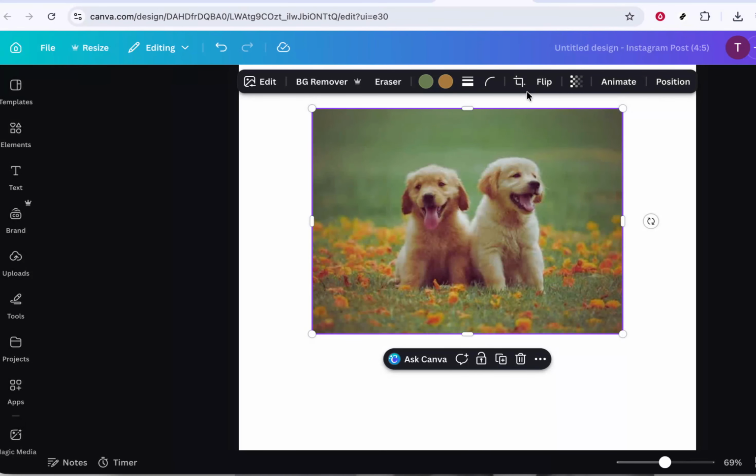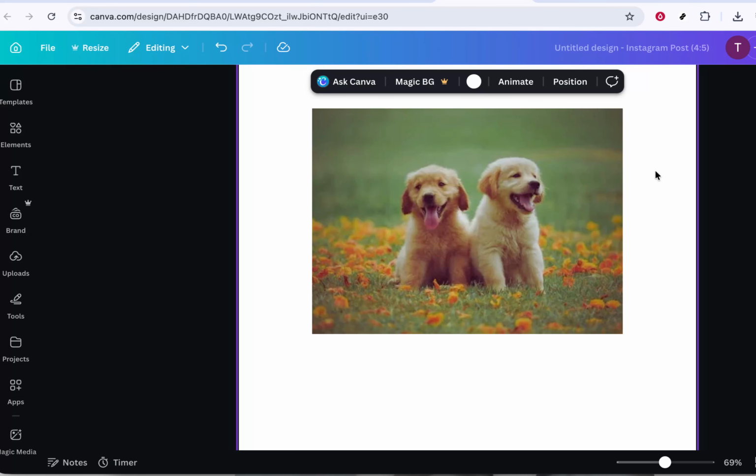In today's video, I'm going to teach you how to change brightness, contrast, and saturation in Canva. We'll walk through this step by step so you can confidently adjust your images and make them look more professional and eye-catching. You don't need any design background for this, you just need a Canva account and an image on